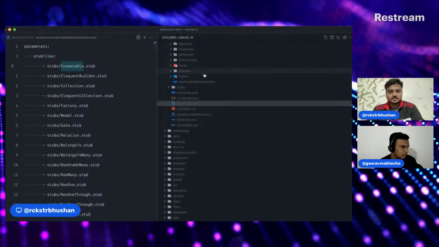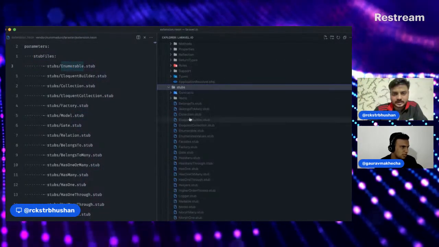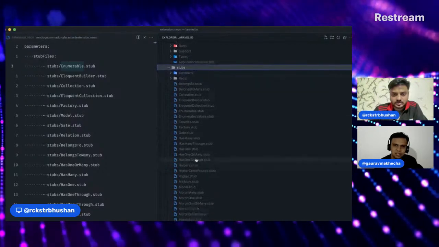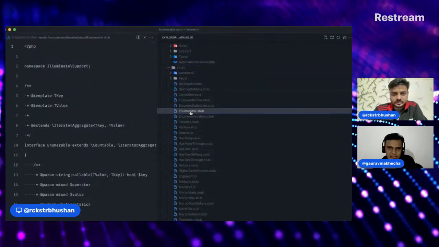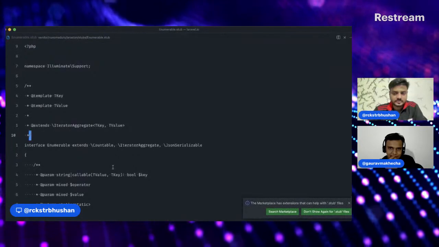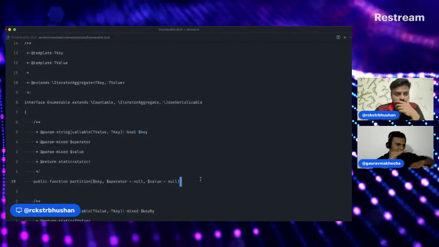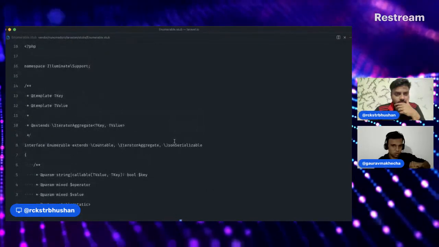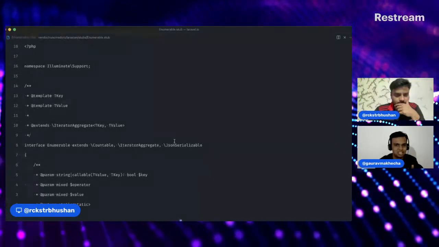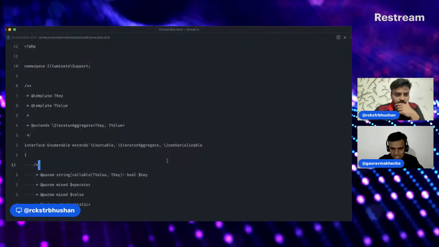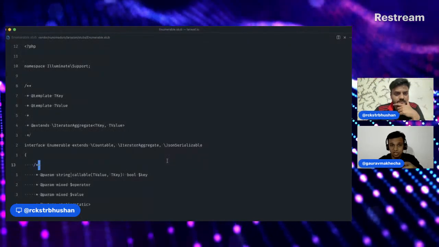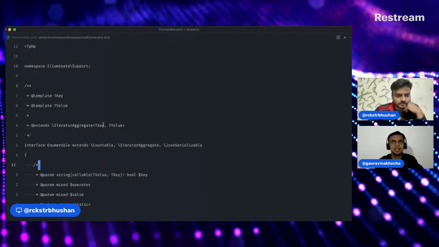So I have stubs here, and then maybe let's go with any enumerable, or any of them you like. Okay. So see here, it's not actual code. It's just correcting the stubs there, and it helps. And as you can see, there are generics too. Yeah, I can see it.